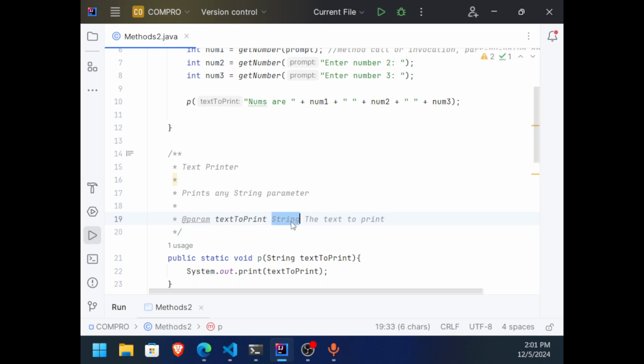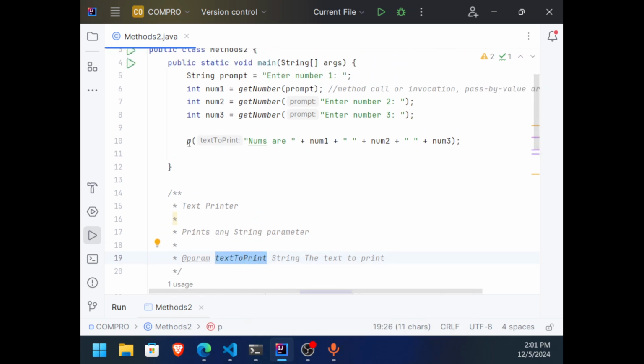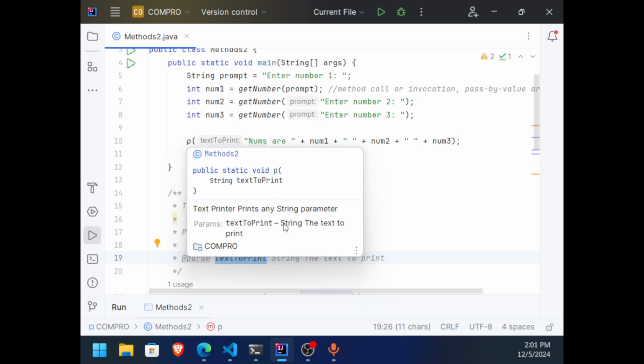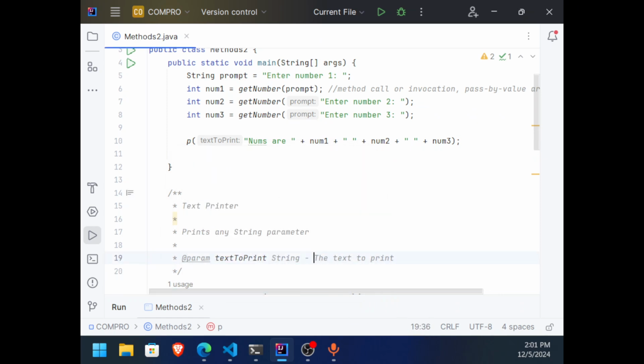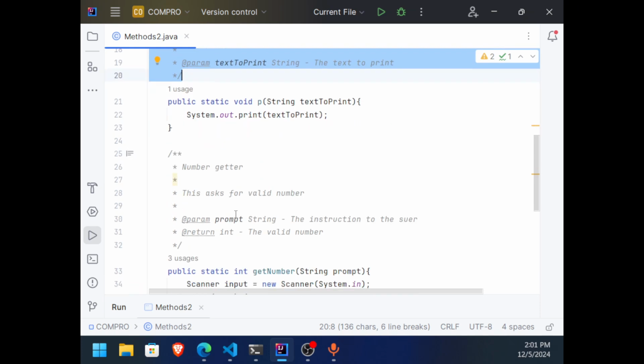So this is the type. You have to specify the data type of what it is asking for, so that when you hover over it, it's just going to give you the documentation. String and then dot. I just want you to get used to this practice because it's necessary. What else can we do?